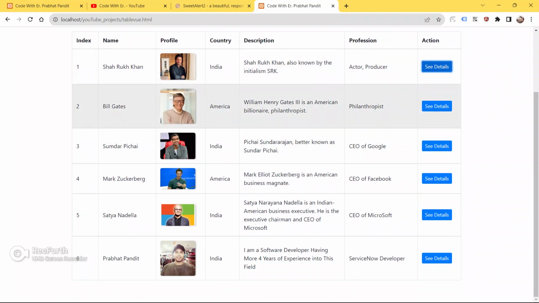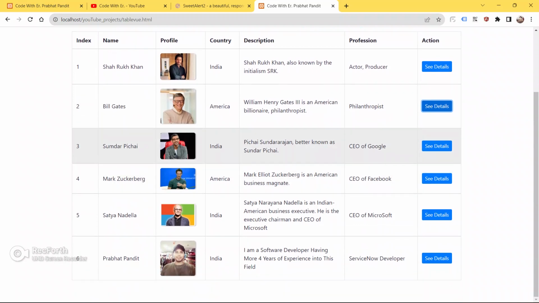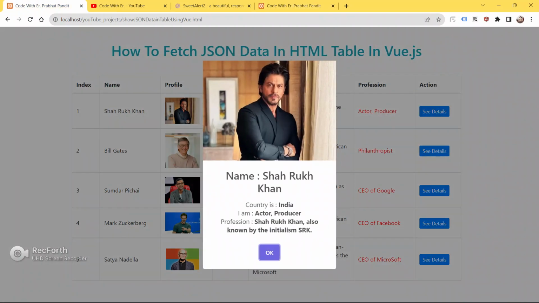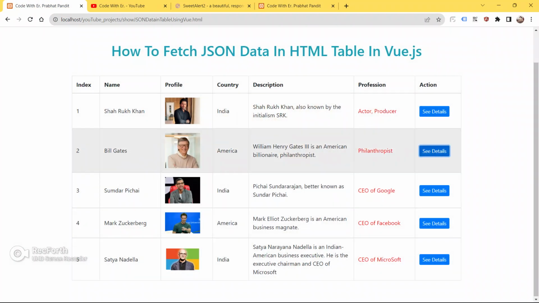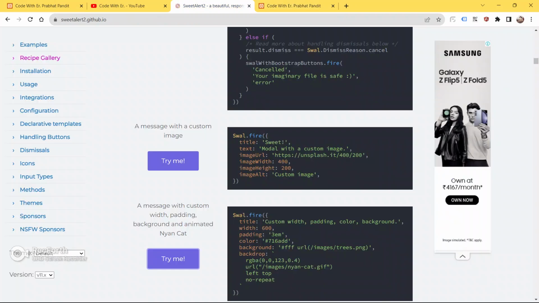So guys, now I am gonna add this functionality. As of now, whenever you click the button see details, you are not able to see any details about the user. So now we are gonna write the JavaScript for the functionality. Whenever you click the button, you will be able to see the details about the user. As you can see here, whenever I am clicking the button, we are able to see a pop-up. So I have to do that as well. So just go to the code editor and write your code now.